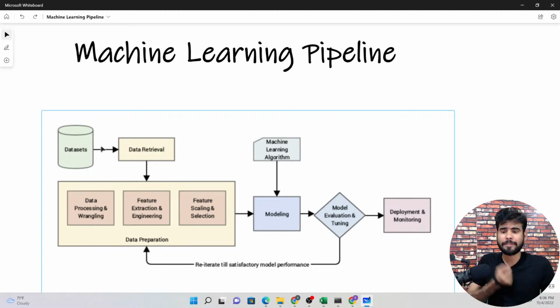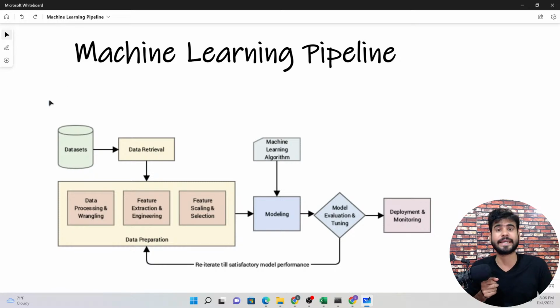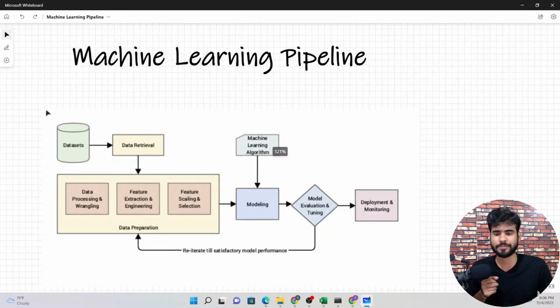Okay, so after getting a data set from our client, what we can do is find out some of the insights. We can check the head part and tail part, how many total rows we have, and how many columns we have. And after that we can do the data preprocessing.